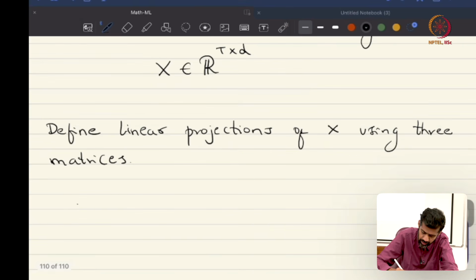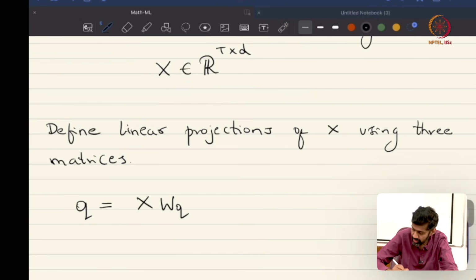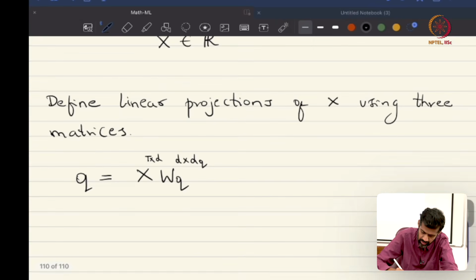Let us define a projection Q to be X times W_Q, where X is T by d and W_Q is d by d_Q, and another projection, X times W_K, and X times W_V,